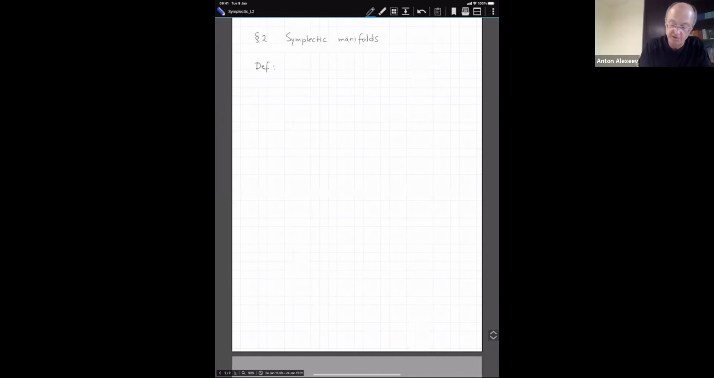So the definition that we already saw last time: M, a smooth manifold, and omega, a 2-form on M, is a symplectic manifold if the following 2 conditions are satisfied. So the first condition: omega